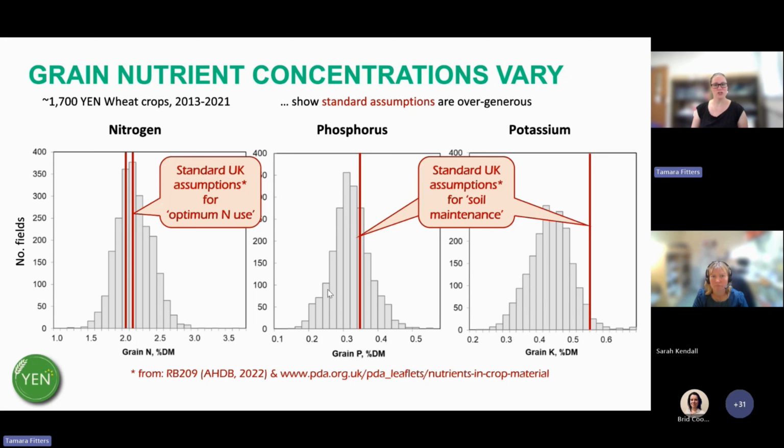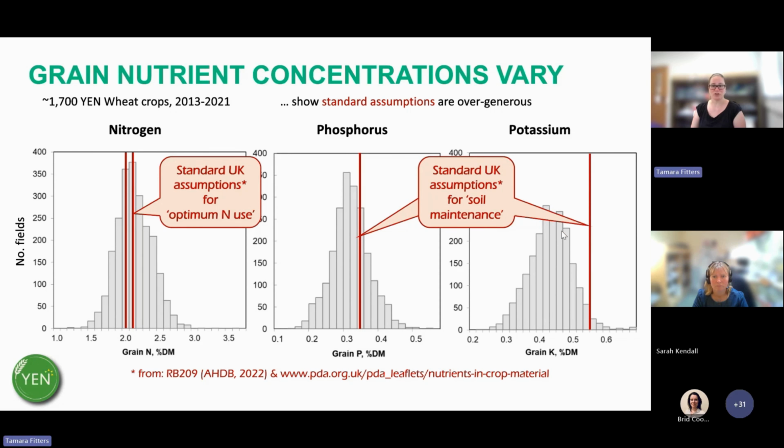When we then look at phosphorus and potassium, we see that in general, the standard UK assumptions for soil maintenance are slight overestimations of what we actually see in the field. So again, it peaks here. The grain phosphorus, as a percentage of dry matter, is most common at 0.3, but RB209 assumes a higher value. And the same for potassium, where the most common values are roughly here, around 250